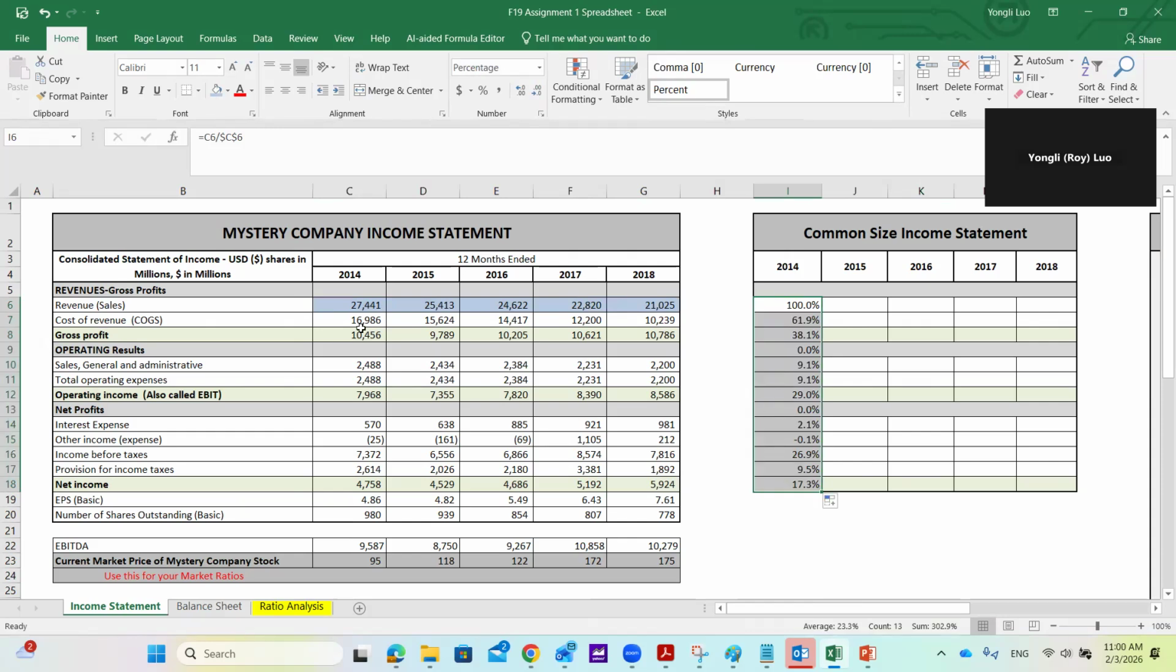Okay, it will calculate for you. So that means the revenue is 100%. Similarly, you can do the others for 2015, 2016, 17, or 18. So 2015 is going to be this one divided by,